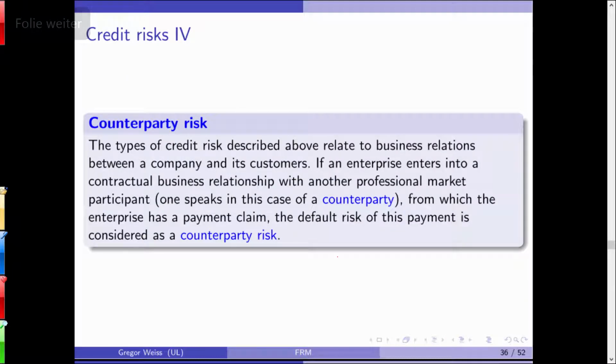Now, up until the financial crisis, no one really cared about counterparty risk. Counterparty risk is also closely related and a part of credit risk, but it's not so straightforward as the default risk on a loan. What does counterparty risk mean? It usually is part of any trade, of any security and any contract that is done OTC, over the counter. What does OTC mean? Can you describe what OTC means?